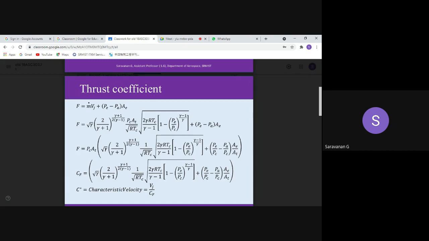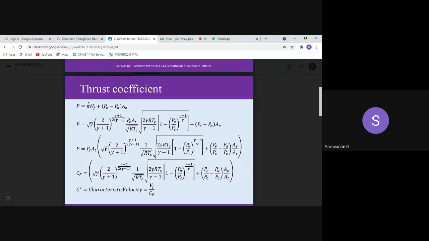The second term is m dot. As you know, m dot is rho A V, rho into A into V. The mass flow rate remains constant, so we go for the choking condition, m dot at Mach number equal to 1. There rho is equal to,